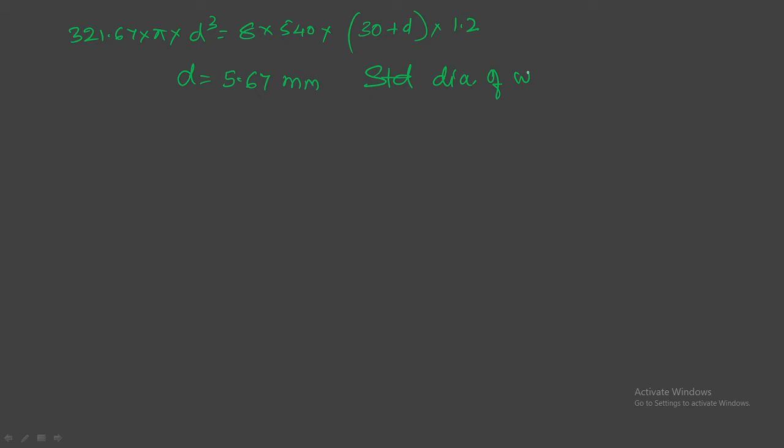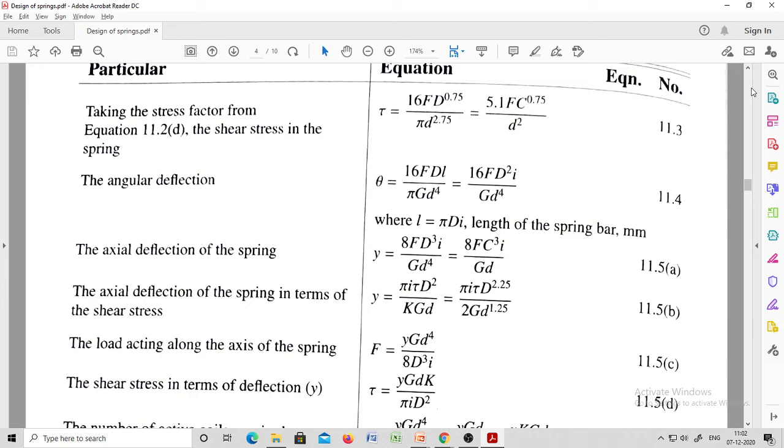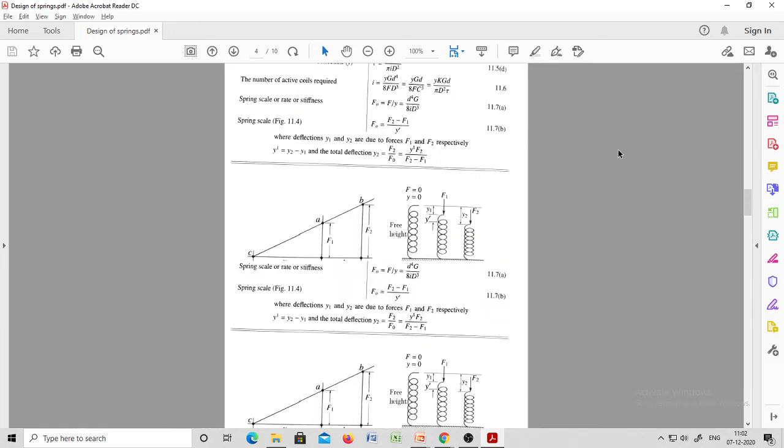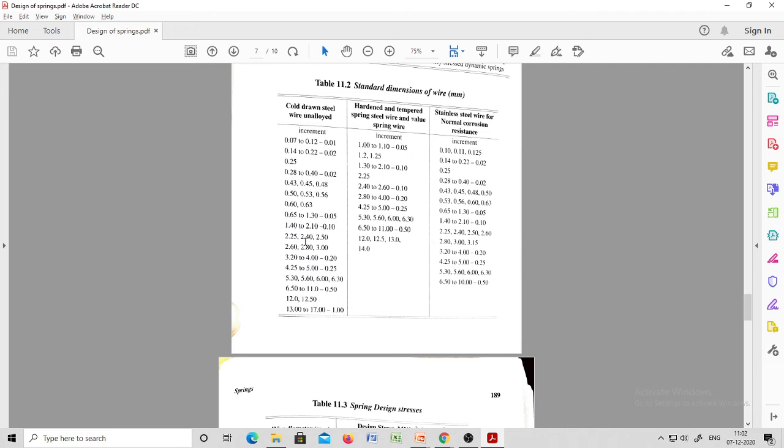Now let us go for the standard wire diameter. Now refer to the design data handbook. Here 5.6 is there, 6 is there, 6.3 is there.